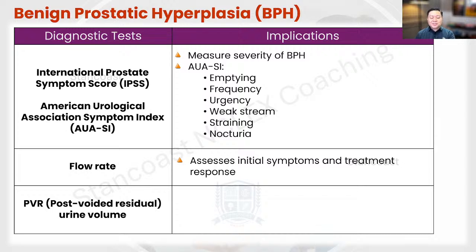And sometimes it would take 30 or 40 minutes just to pass that small amount of urine. You have to be patient because it's their reality of the disorder. They will have a delayed voiding time,